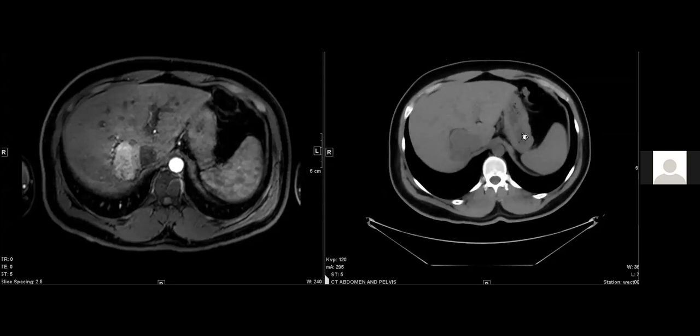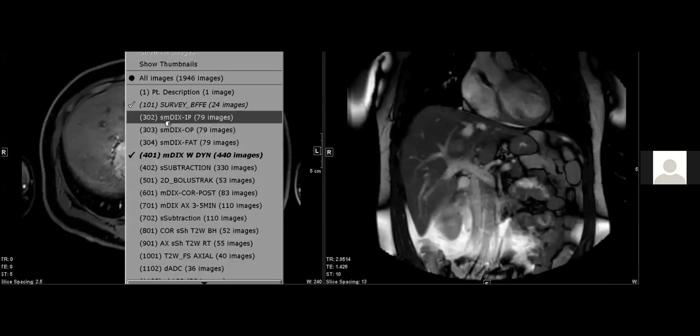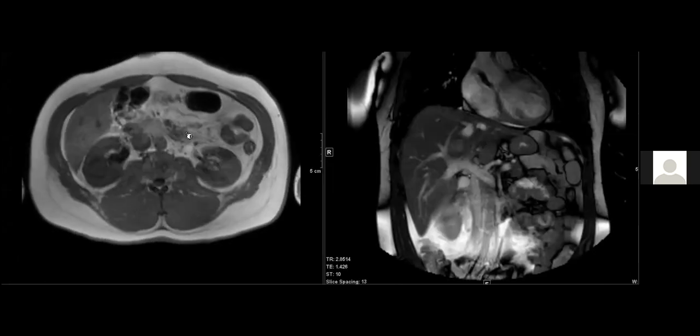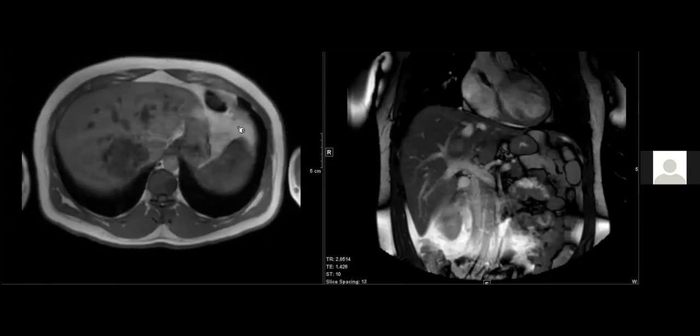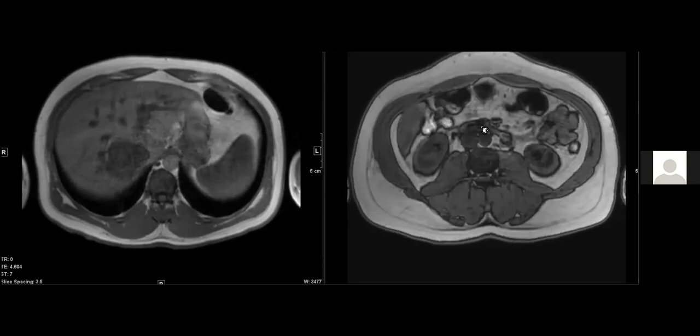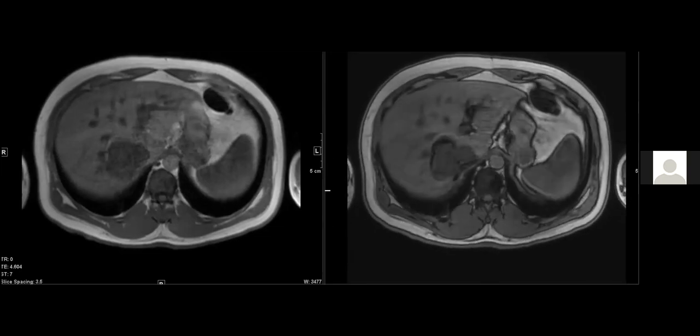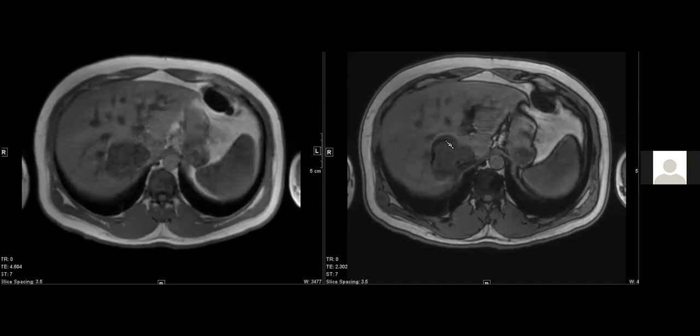So we recommended that the patient have MR, of course, for evaluation. So just to confirm what we already know from CT, you can see that there's gross fat, right? And again, acute finding,